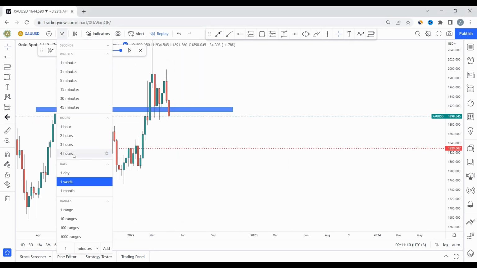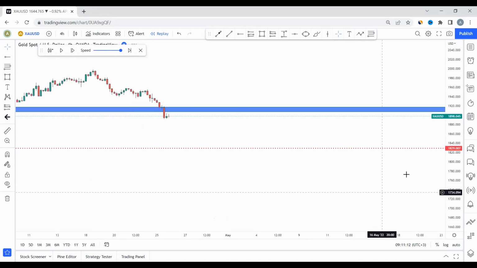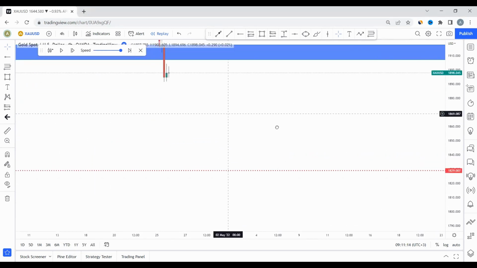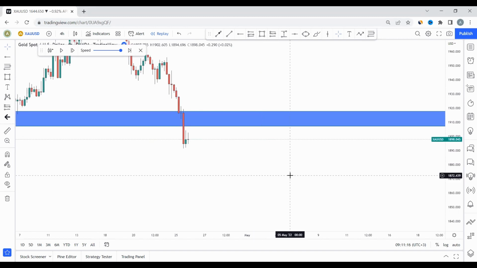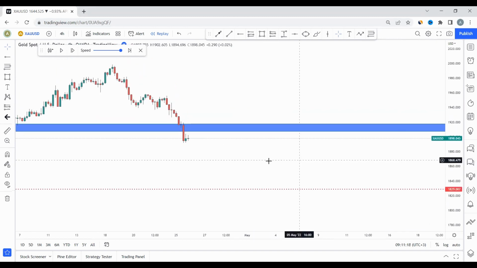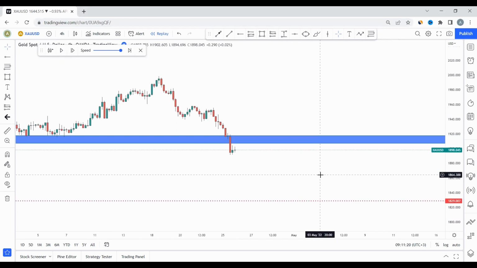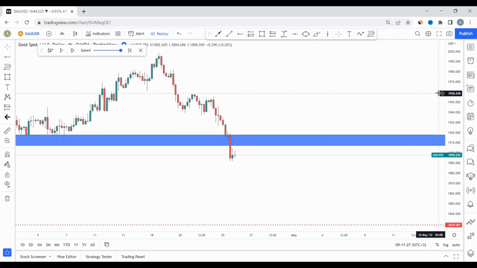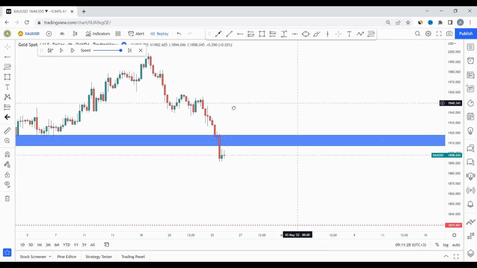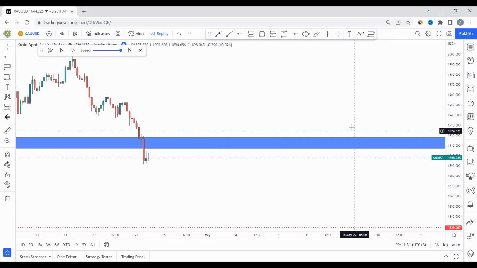Let's drop down to our entry time frame, which is H4. Remember, I told you I use monthly, I use weekly, and I use H4 for my entry. So we're going to use H4 today. Most of the videos I've been using daily and H1 because it has been intraday, but today it's a swing trade, right? Because I'm a swing trader, I just want to show you how I normally do it, how I do my top-down analysis and how I take my trades.